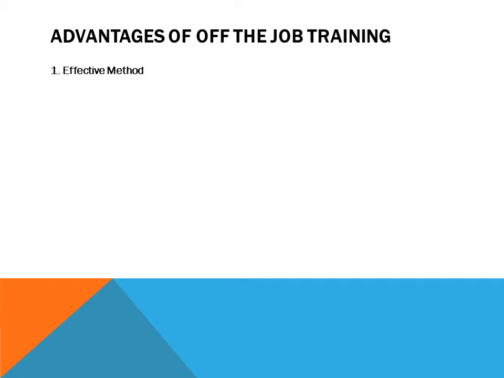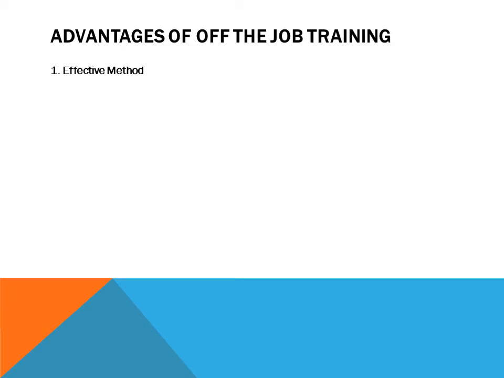So what will happen there? The employees who are working in the organization will act as trainers. They will provide the training to the employees. The company will not call any experts from outside. They'll use existing resources, like existing workers in the organization. When we see the existing workers, they are not called experts. They will have experience in a particular organization, but they are not called experts or specialists.